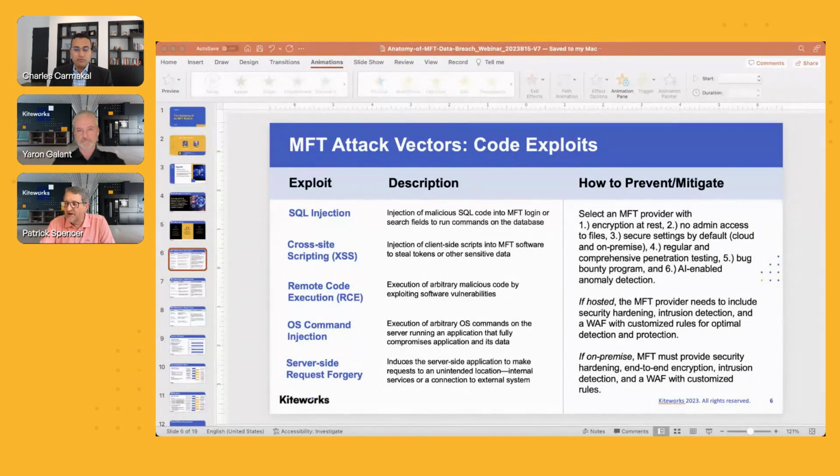Charles, let's start with you here. Most of the breaches when it comes to MFT are related, as you noted, to mass exploitation or zero-day code exploits. There have been a few instances where that hasn't been the case, but most of them are zero-day. Why do you believe that's the case? And how in the world are these criminal gangs finding these vulnerabilities that no one knew about until they actually found them?